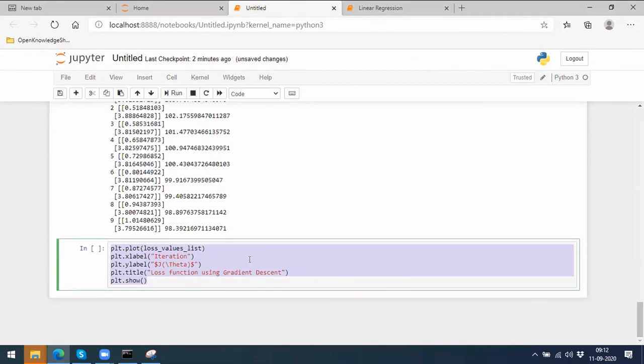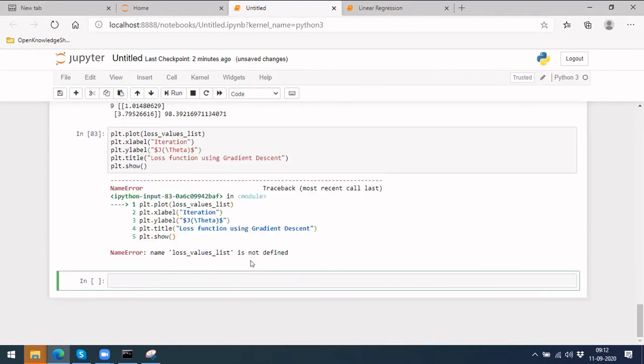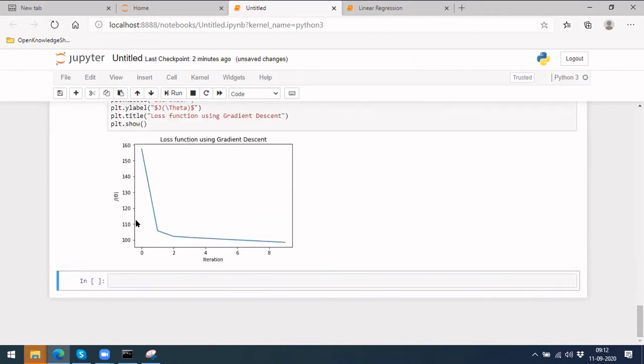Let's plot and see the loss value. See here, initially it was near 160. It has dropped down with every iteration, and it is coming towards zero. It's not zero, still it is 100.